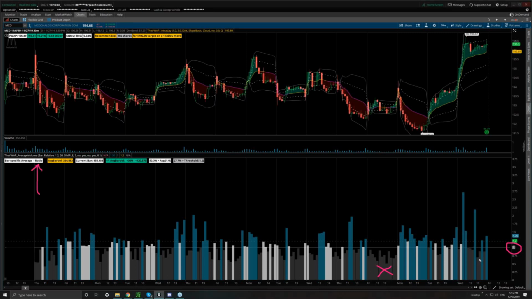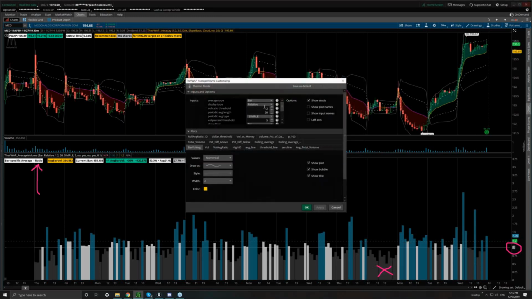So what this will do is compare all the bars that you're seeing to their own specific bar average, and it gives you the 1.0 level, which, as you might imagine, a ratio of 1 to 1 means that bar is the same as the average for that bar. But it also gives you a user preset, this 1.2 level, which if we wanted to, we could go in and change. Let's change the vol ratio threshold to 1.5. What that means is now we're going to see this bar raise up to the 1.5 level, and it will only highlight in blue